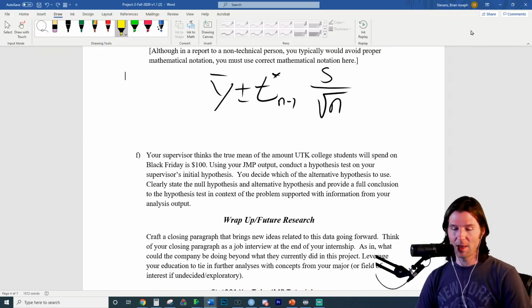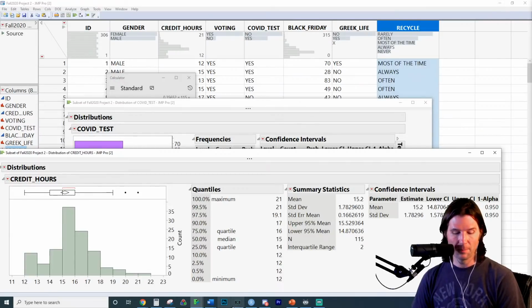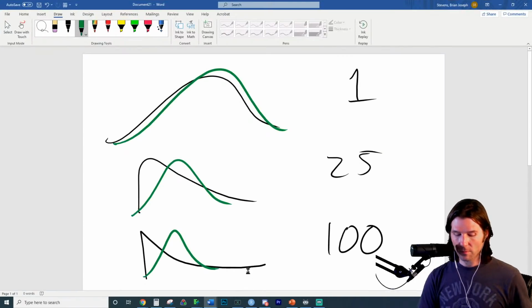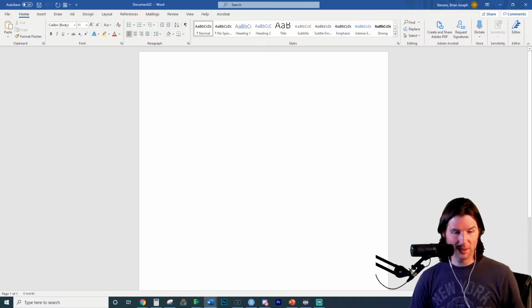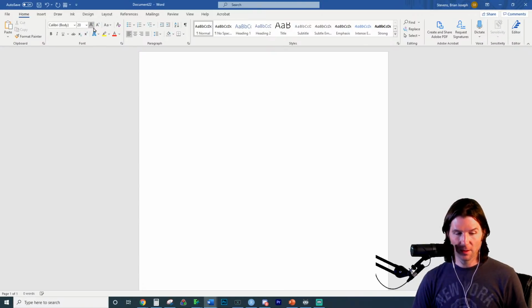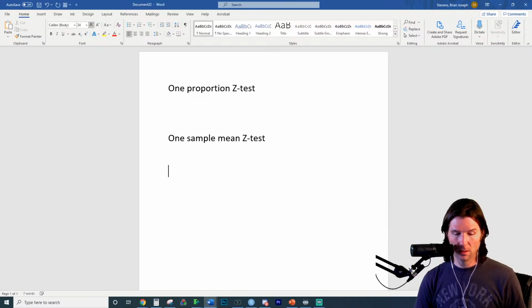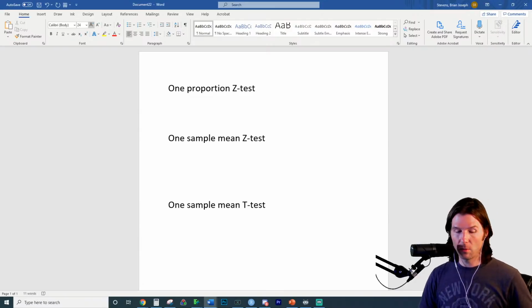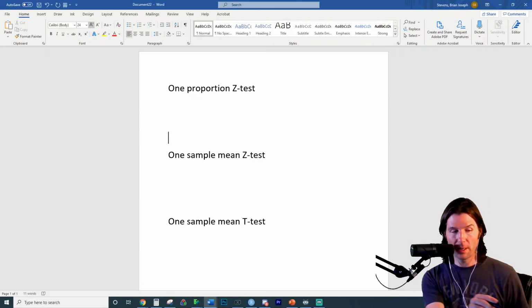So technically, and Sam here, I'll give a real brief talk about that real quickly. Hopefully I'll make sense of this all. If anyone's wondering: 1 proportion z test, 1 sample mean z test, 1 sample mean t-test. Okay, so we have 3 tests right here, and one of them we will not use in this